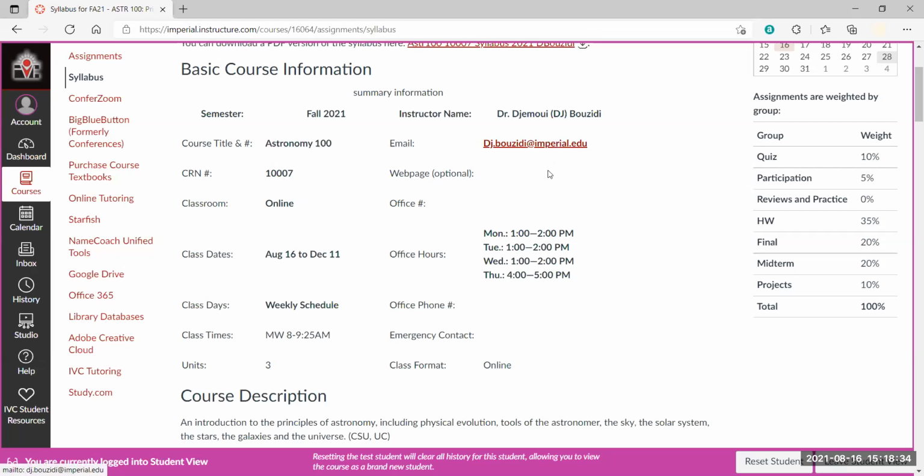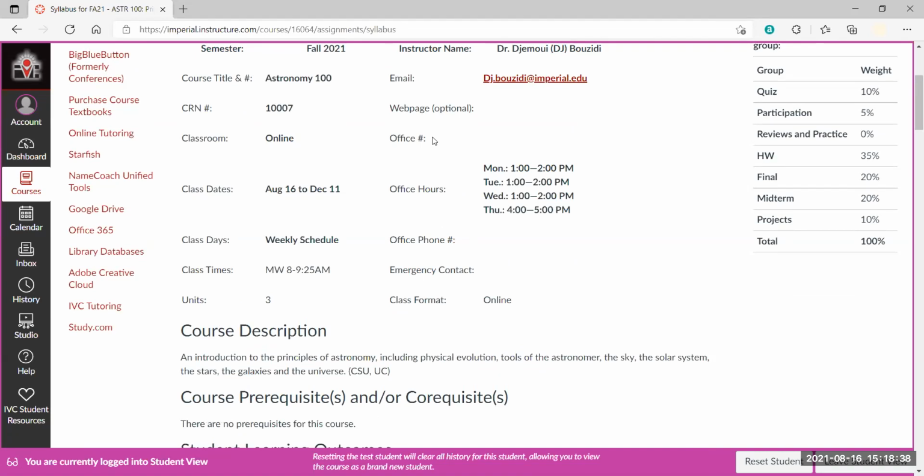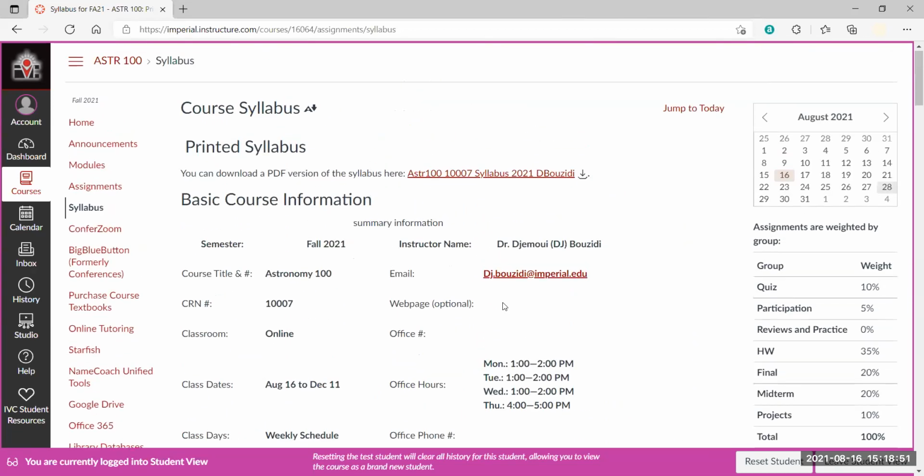This is my email address, of course, in here. At this point, I really don't have an office yet. And I think we're going to fix that. Once it's fixed, I'm going to send you a message exactly what my office number is and so forth, okay? But that should not prevent us from doing stuff, okay? So please don't think that this is something that we have to wait for, no, okay?